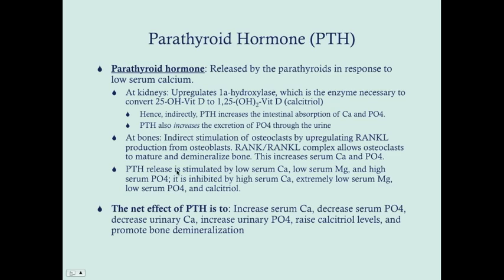So parathyroid hormone, of course, comes from the parathyroids, and it's stimulated by a low serum calcium, a low serum magnesium, or a high serum phosphate. And that makes sense because what do you want to do if you have a high serum phosphate? You want to kick that out, and parathyroid hormone does just that. It is inhibited by a high serum calcium and an extremely low serum magnesium, as well as low serum phosphate